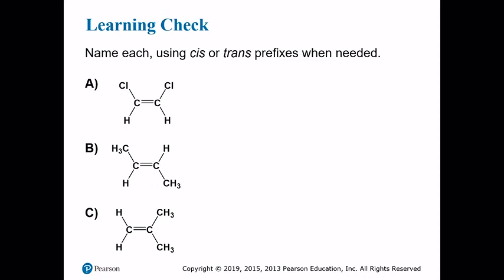Let's take a look at a few more examples. In the first one, A, we just have a 2-carbon chain with a double bond between them. So this is, again, an ethene derivative. We've got 2 chlorine substituents on different carbons in the double bond, and the other sides of those are hydrogens. So each of these carbons has 2 different atoms going to it, which means we can think about cis-trans isomers for this. Both chlorine groups are on the same side of the dividing line that you would draw, and so this is cis